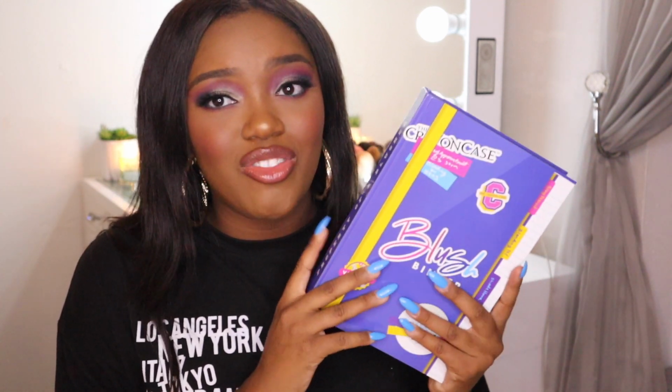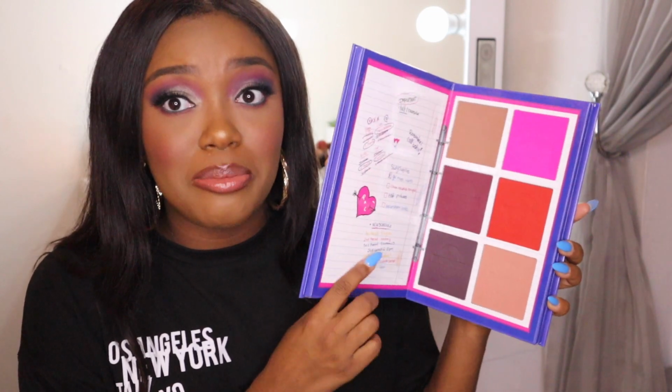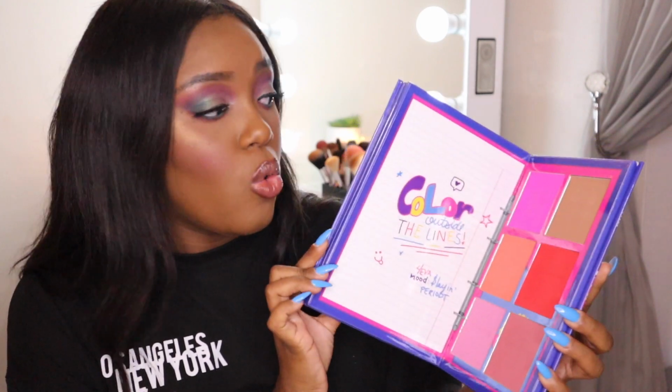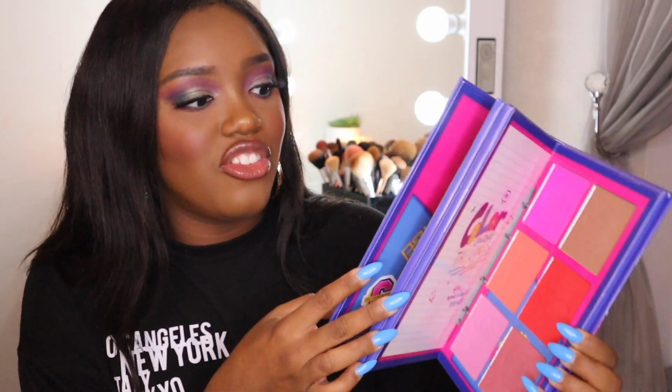Truly, if you do not have this blush binder, you are so missing out. This is probably the most innovative and creative piece of makeup I own and have ever come across. Truly, it is a binder. It's 3 pages of 18 blushes, and some of the shades go deep enough to where you can use it as a contour or a bronzer, or like a setting under the eye kind of powder. So there's literally 3 pages of blushes, and this is $45.99, which, I mean, that is such a good price